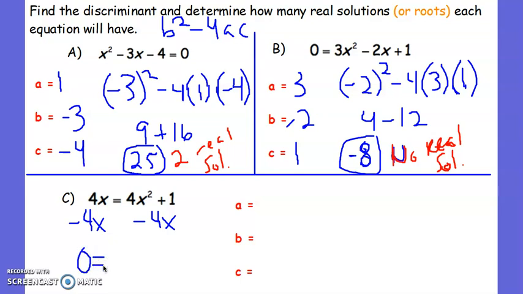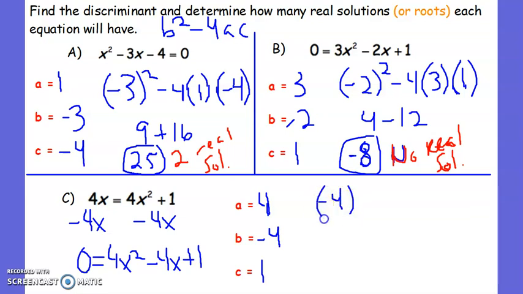On the right, you'll notice we have 3 different terms, none of which are like terms. So we have a 4x squared, we've got a minus 4x, and we have a plus 1. Well, that means that a, again, is 4, b is -4, and c will be a positive 1. Plugging that into our formula,